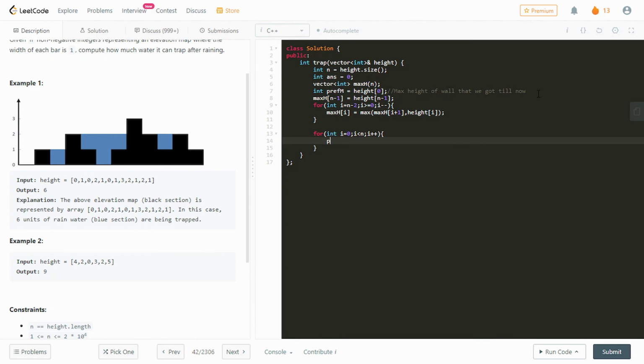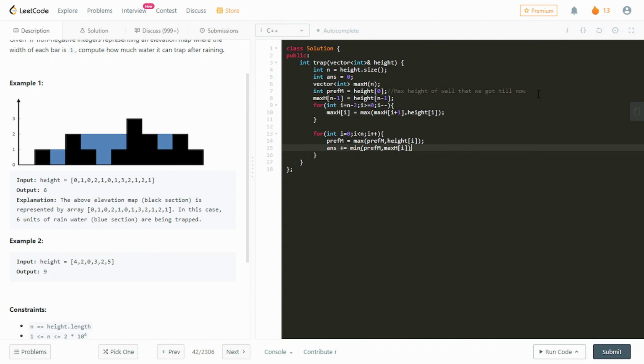Here we will have prefix max equal to max of prefix max comma height at the current index, and the answer will be increased by the minimum of the prefix max or the suffix max height at the given index,